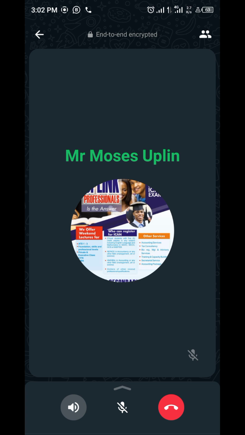So number 4 says that in a business environment, the dash of all stakeholders is a critical factor for success. We talk about goodwill. Anything that is non-financial, that has to do with the organization, that has to do with the success of the organization, is always goodwill. So they said in a business environment, the goodwill of all stakeholders is a critical factor of success. So the answer is goodwill.